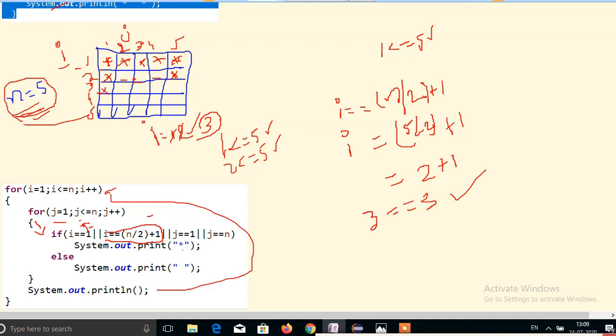It will continue because the i value didn't change; we are running in the nested for loop, not the outside for loop. So until the ending column the star will be printed.